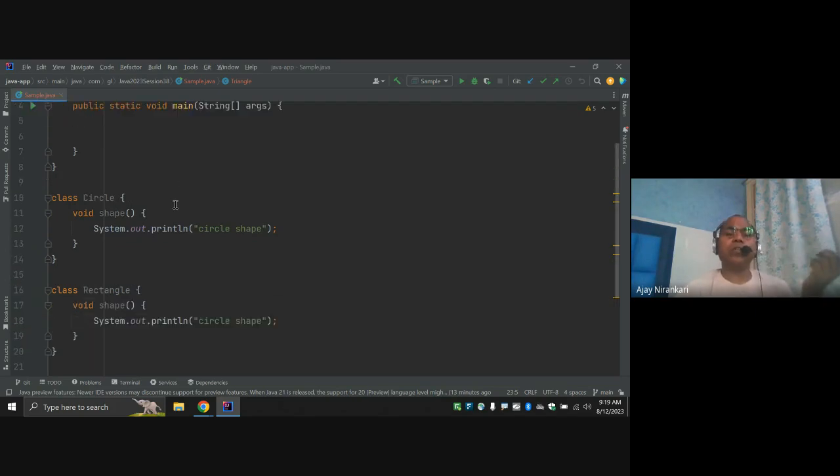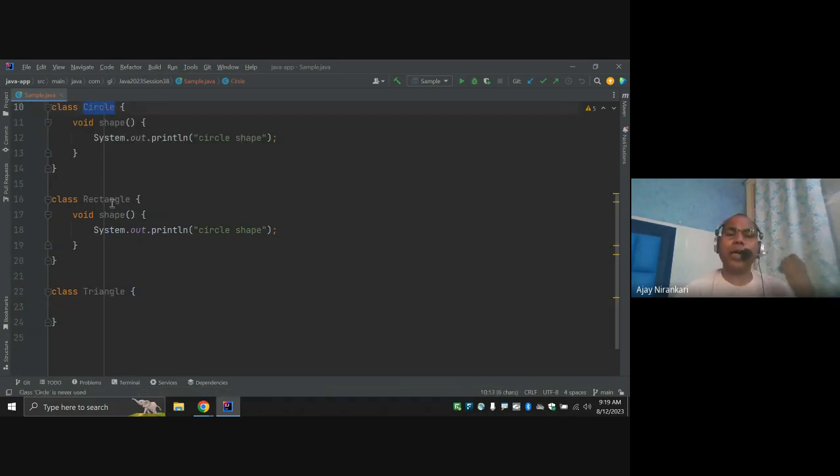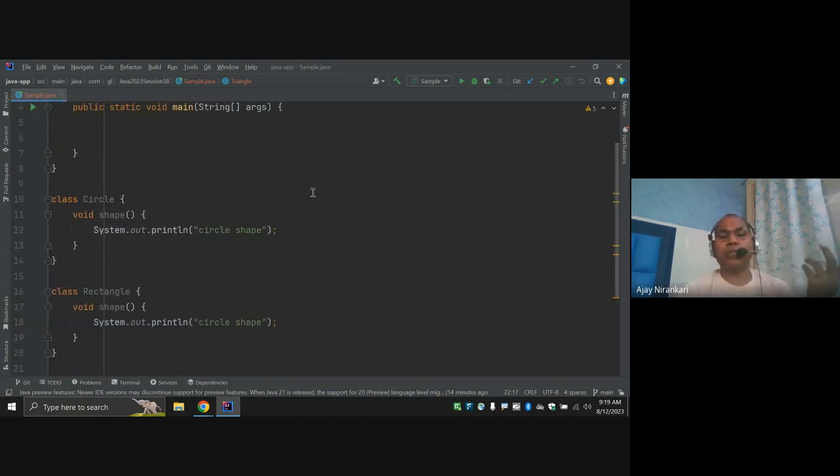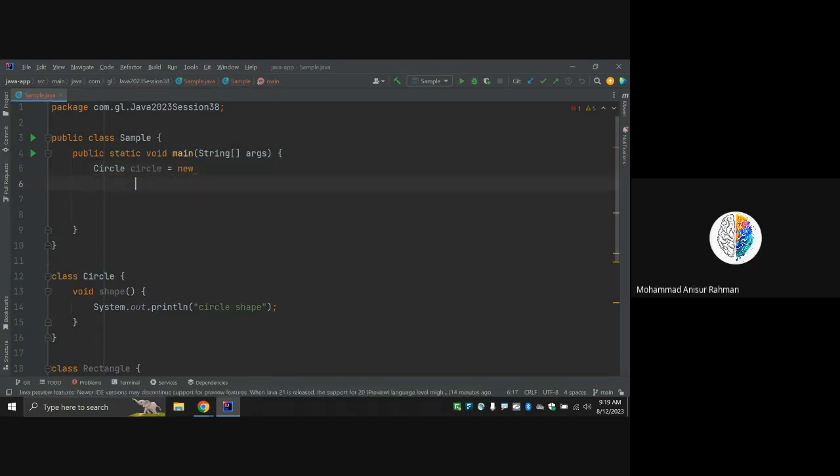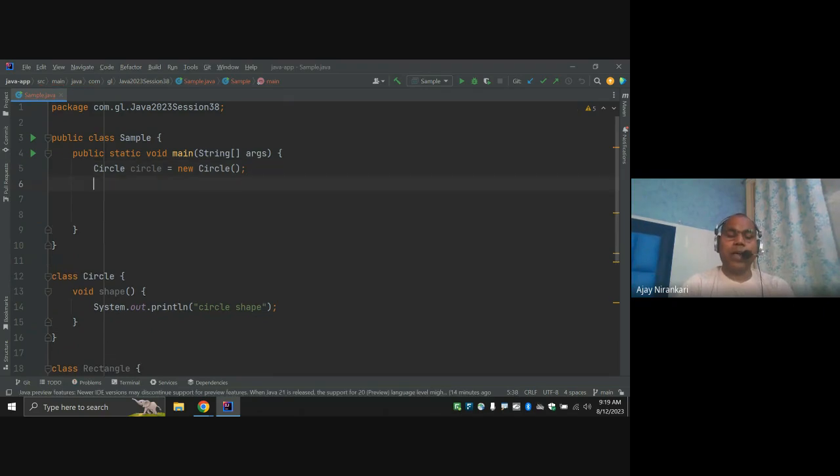So in this scenario, sometimes I know this is the circle class, this is the rectangle class, this is the triangle class. Each class must have at least a shape method so that I can know what the shape of this class is, right? But there is no mandatory rule. This class can choose not to define shape, and the code is still okay. The compiler is happy, and our code still compiles and runs. I can create the object of circle, and circle dot